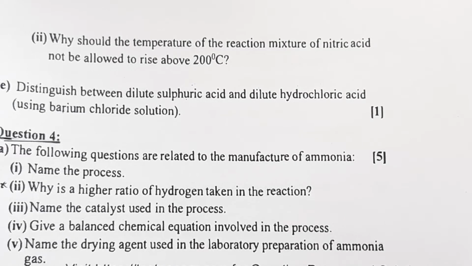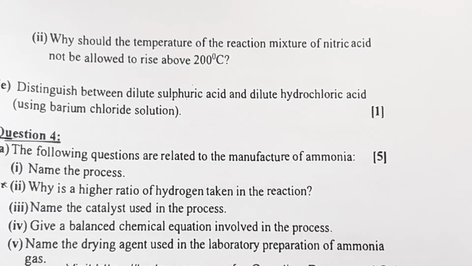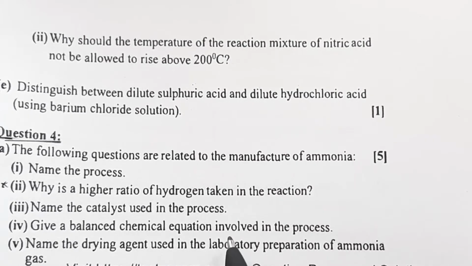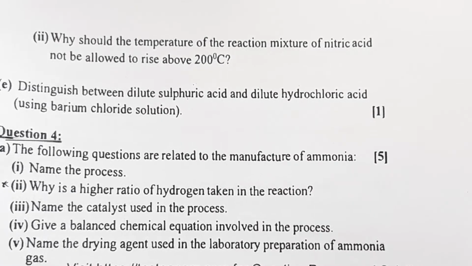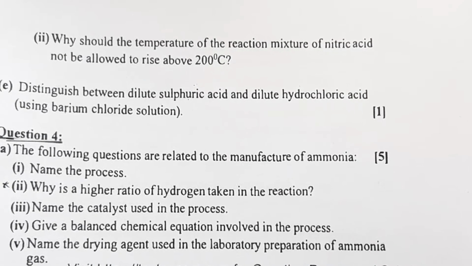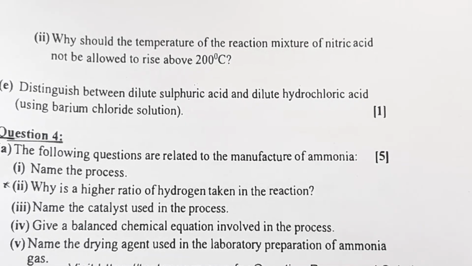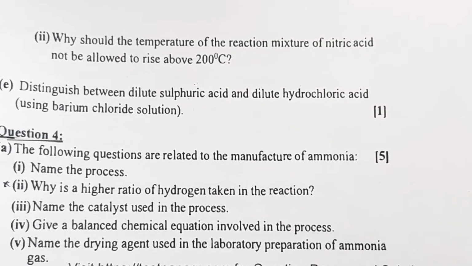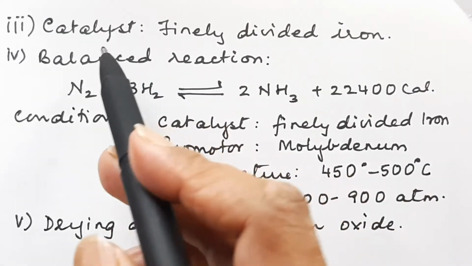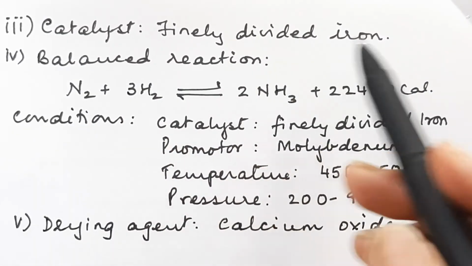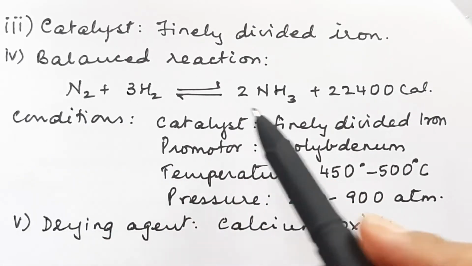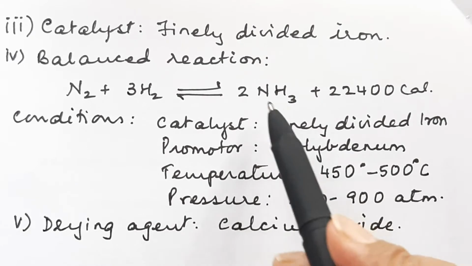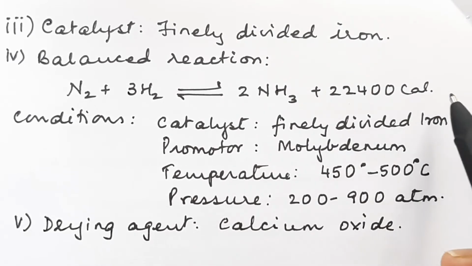Name the catalyst. The catalyst is finely divided iron. Give the balanced chemical equation. I've already written it, but now we will write it with all the conditions, and name the drying agent. So third, fourth, fifth, let us write the answers and let us see how we are going to present our work. So we have written the catalyst, finely divided iron, balanced reaction, N2 plus 3H2 with reversible arrow, 2NH3 plus 22,400